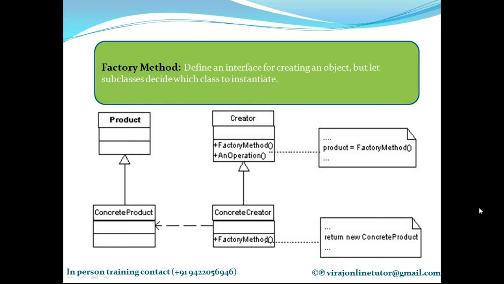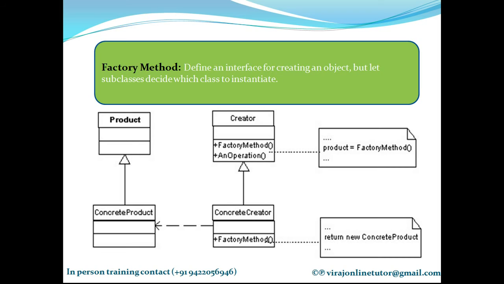So this parallel set of classes are typically called factory classes. So which are the factory classes in my diagram? Creator and concrete creator. So these are my factory classes. Why? Because they produce objects. Factory is for creating products, right? So these are called factory classes because they create products.